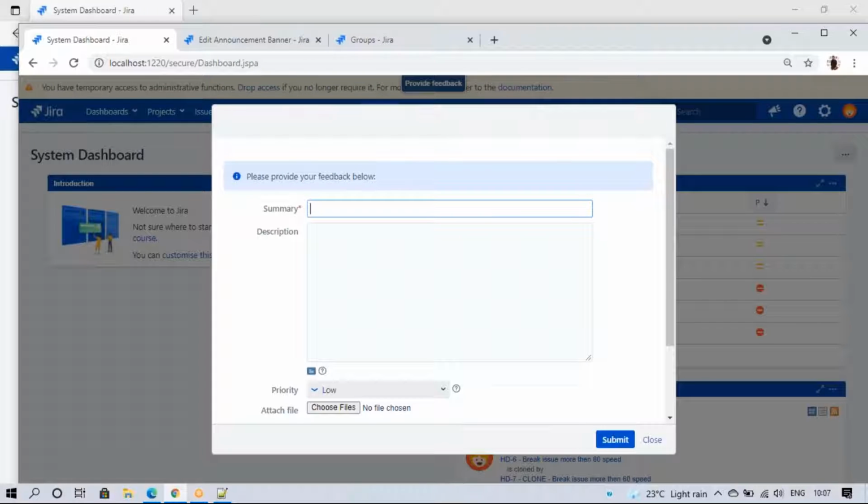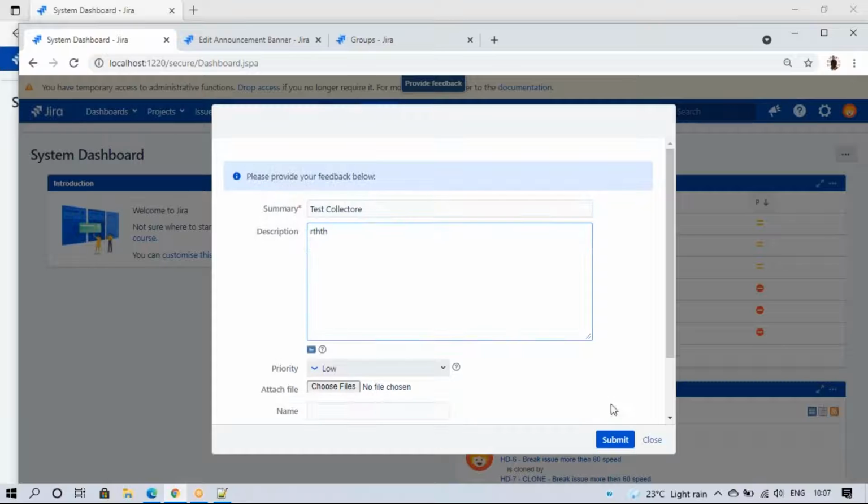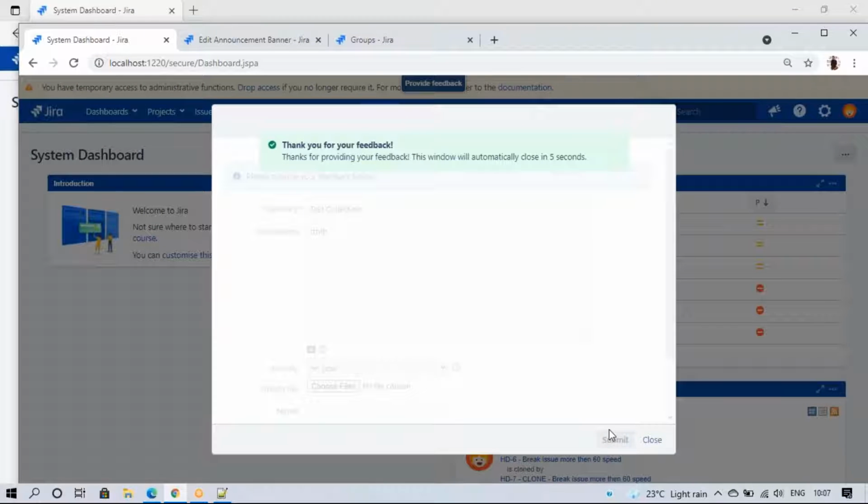Okay, so normally we can keep this provide feedback as, say, contact administrator. If they click on that, the page will open. If they enter anything, suppose here I enter I will test collector, descriptions, priority, attachment. If I submit, this is submitted.